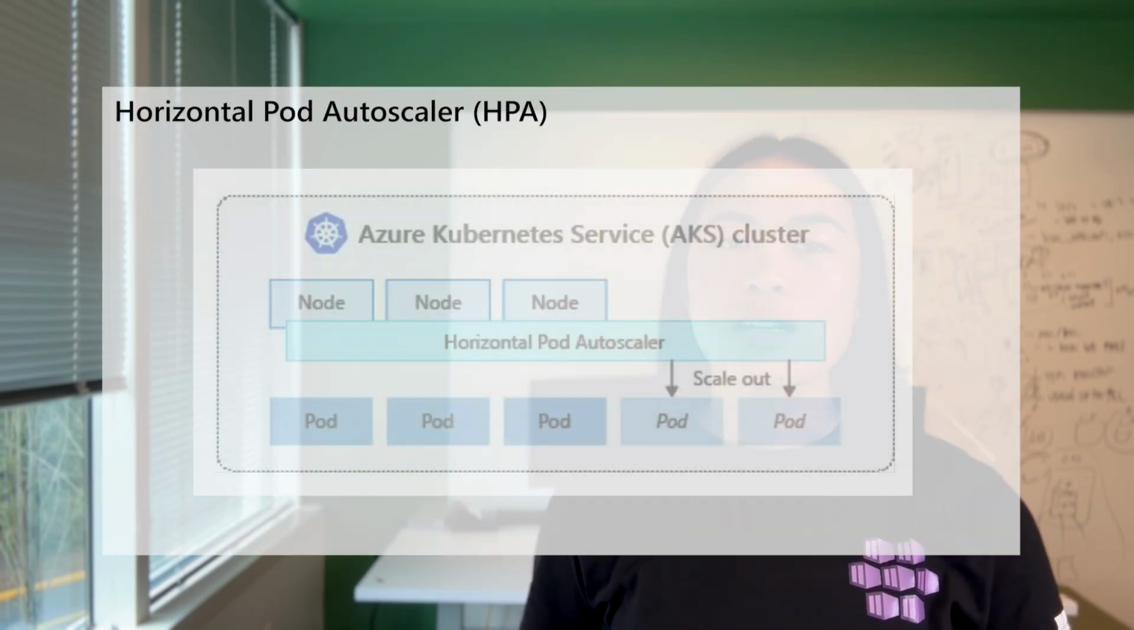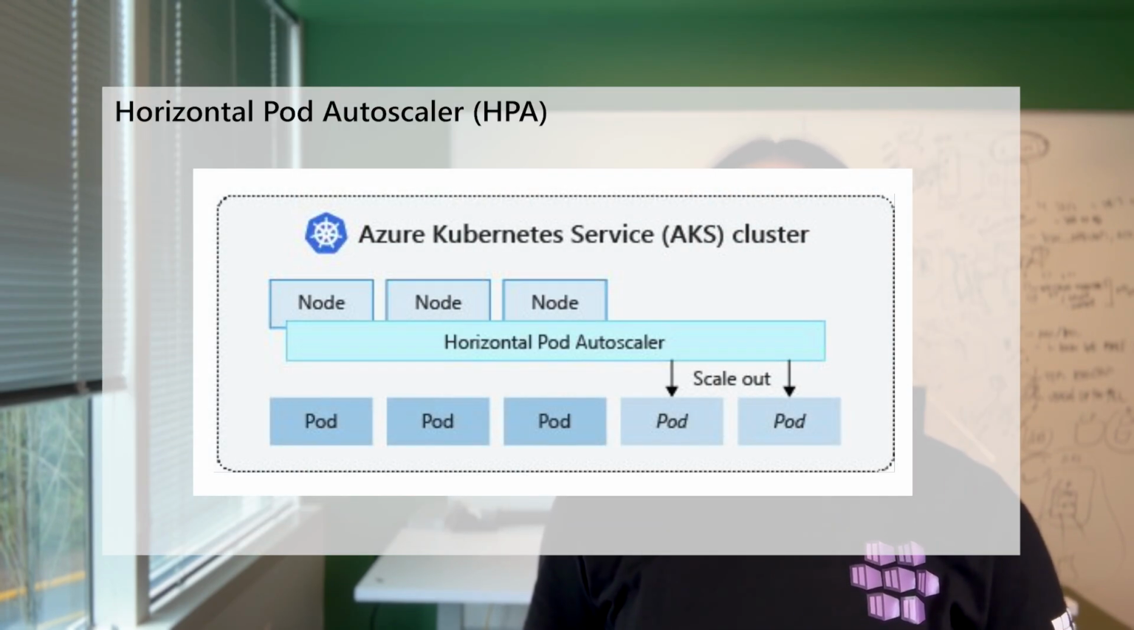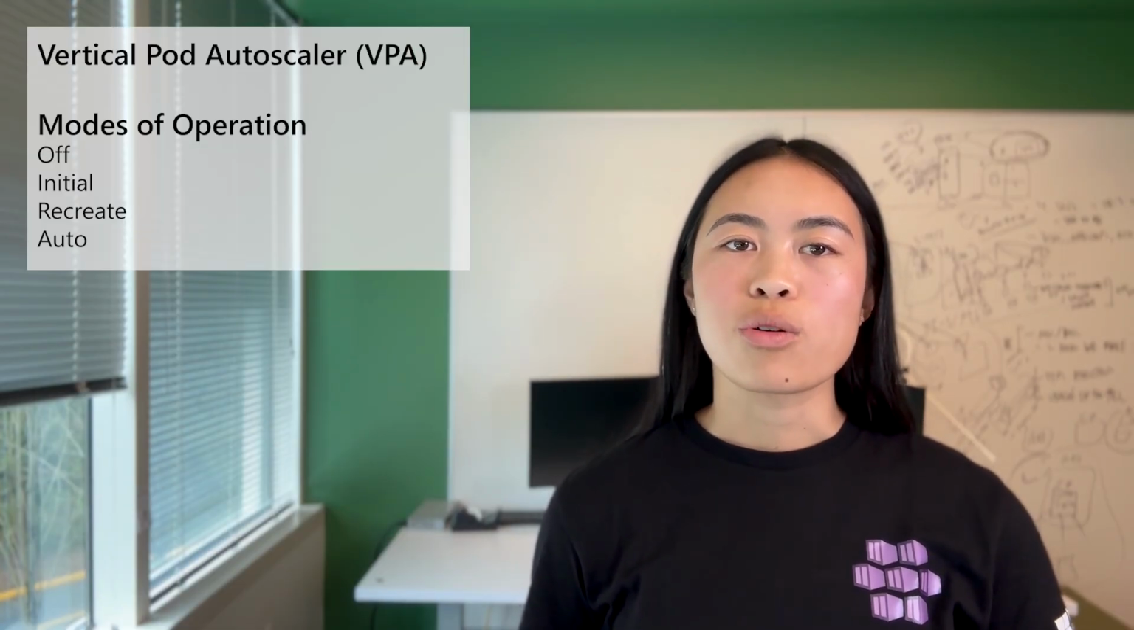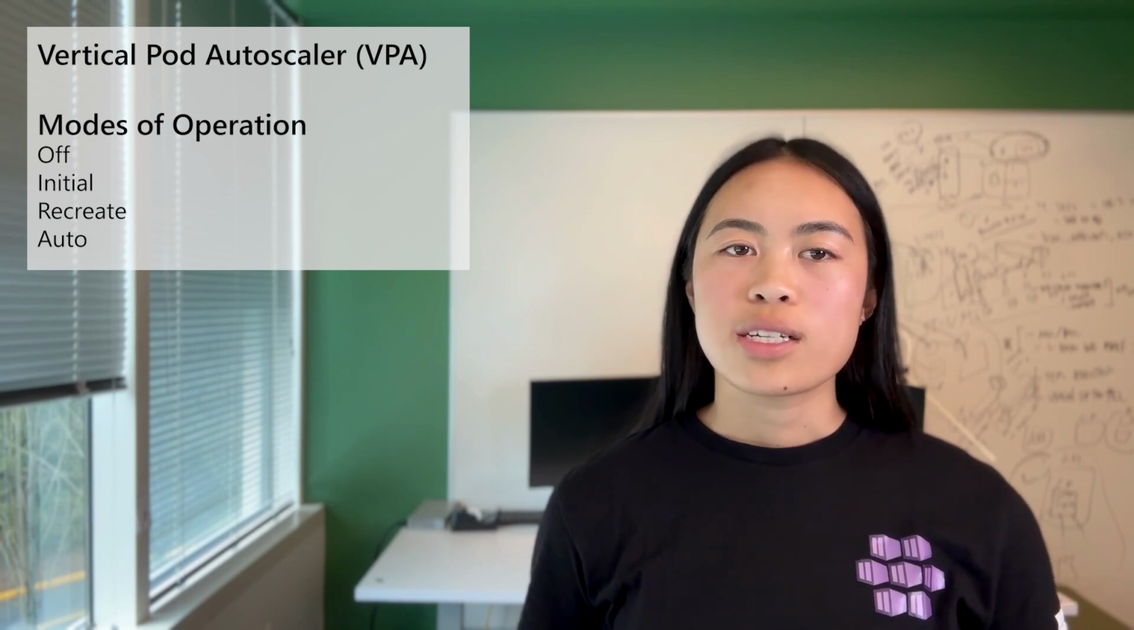Horizontal pod autoscaler, or HPA, dynamically increases and decreases the number of pods based on resource demand. When you configure HPA for a given deployment, you define the minimum and maximum number of pod replicas it can scale to. You also define a metric to monitor and base the scaling decisions on, such as CPU or memory utilization. Vertical pod autoscaler, or VPA, scales the pod to have more or less resources by adjusting the pod's requests